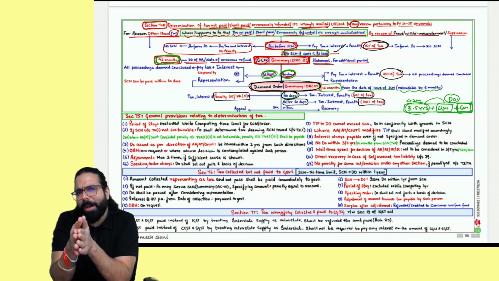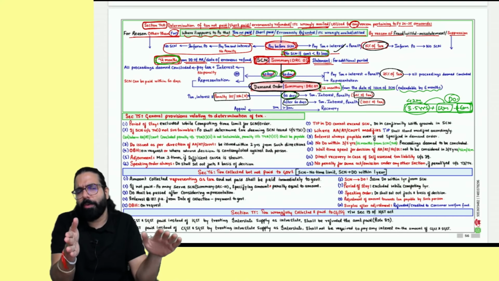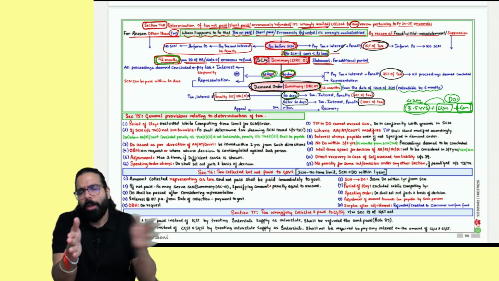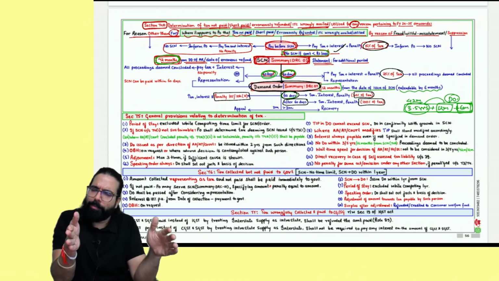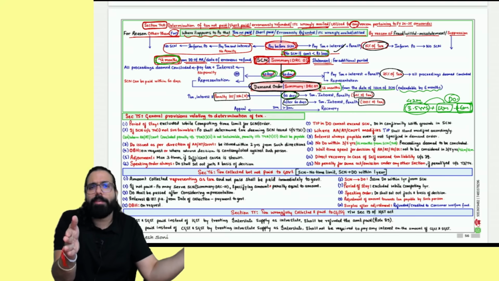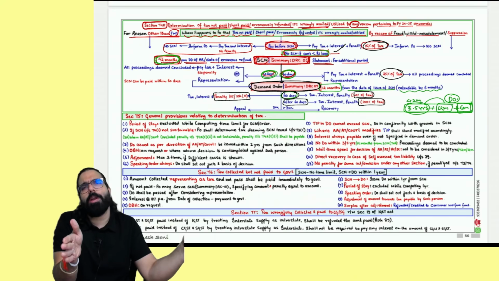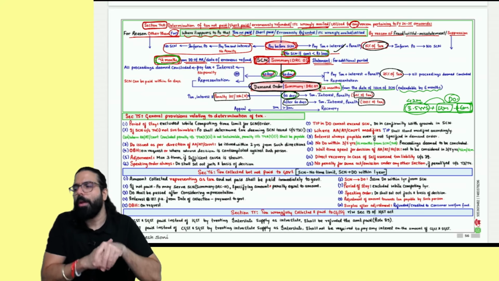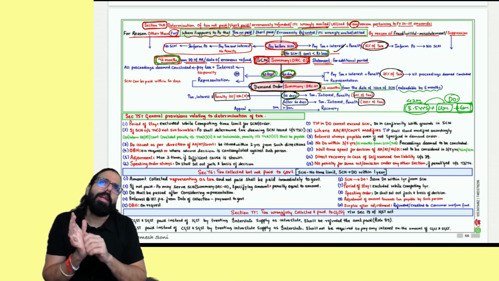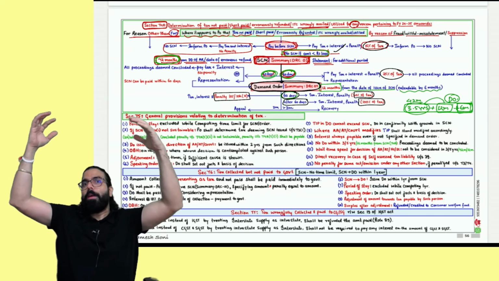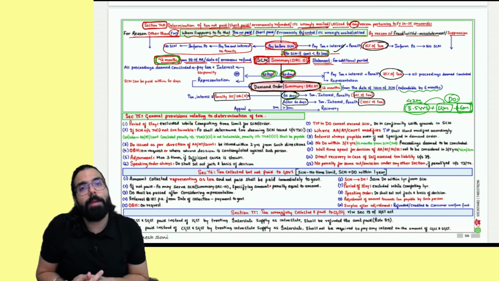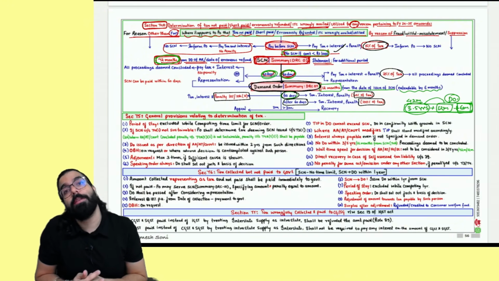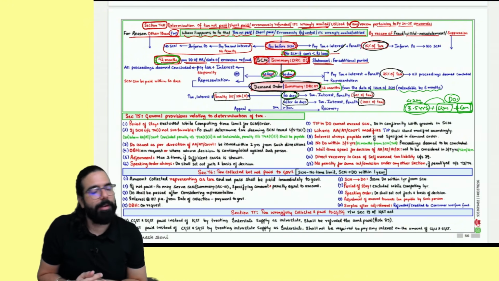From show cause notice, the demand order time limit is 12 months, further extendable by 6 months. Means show cause notice 3.5 years, and within 1 year the demand order. If they can't give it in 1 year, 6 more months can be given. So for the demand order, the maximum time limit is 1 year plus 6 months. Done, sir. Sir, earlier, for fraud, non-fraud case, show cause notice, can I make voluntary payment? Yes, Baba. Earlier it was 30 days. Now within 60 days you can make voluntary payment. Okay, sir.